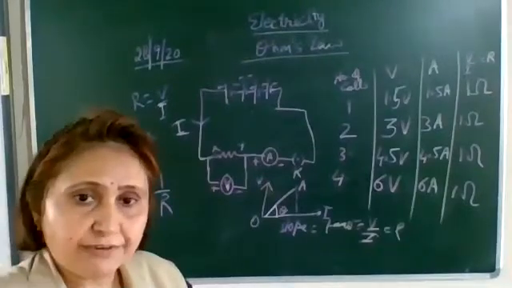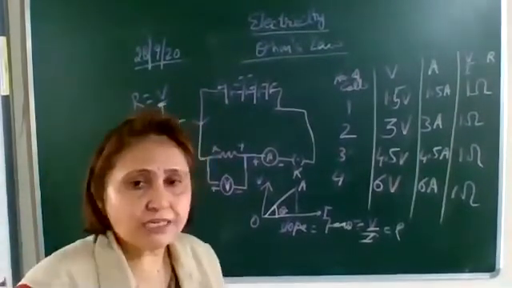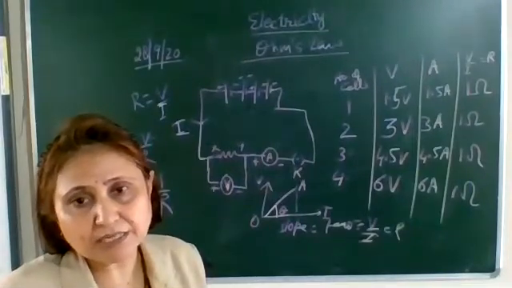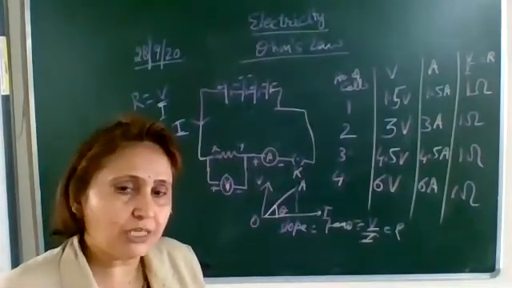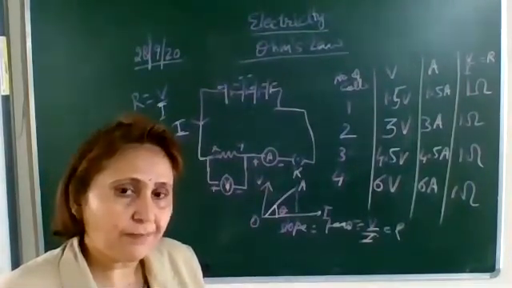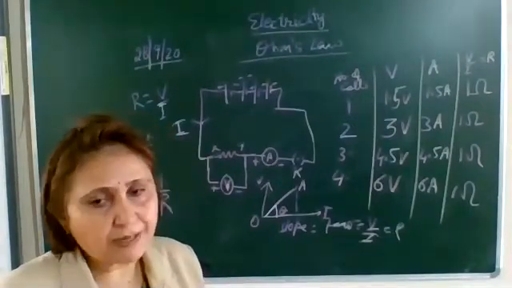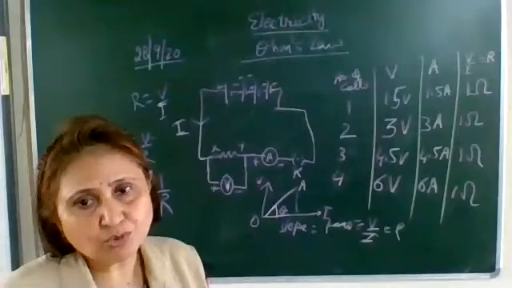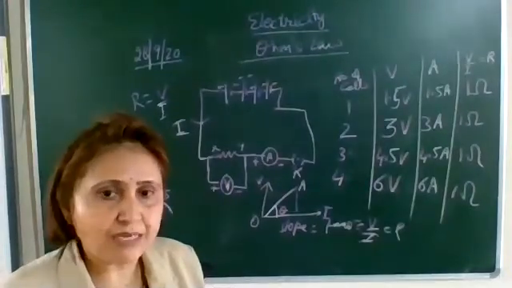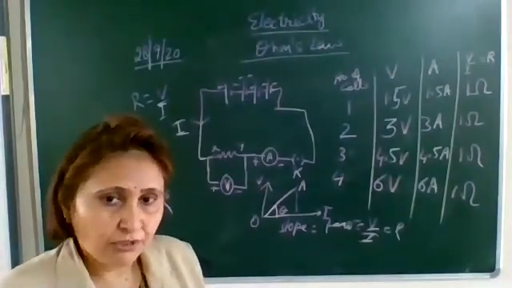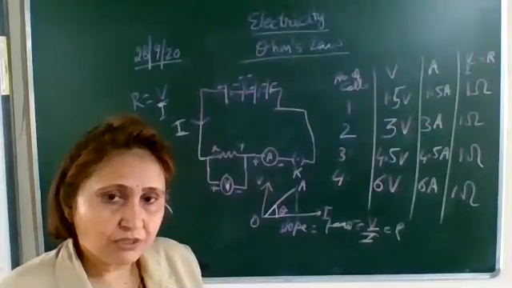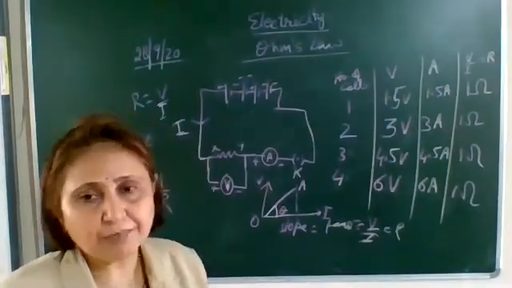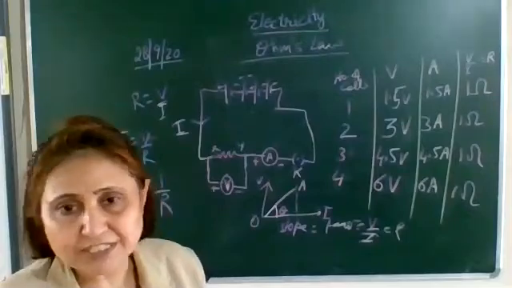Then potential difference, which is defined as work done in moving a unit charge from one point to another in an electrical circuit. So its formula becomes work done per unit charge, W upon Q. SI unit is joule per coulomb, which we take as volt. And 1 volt is defined as 1 joule upon 1 coulomb. So when 1 coulomb of charge flows from one point to another, 1 joule of work is done, and then the potential difference between those 2 points is said to be 1 volt.